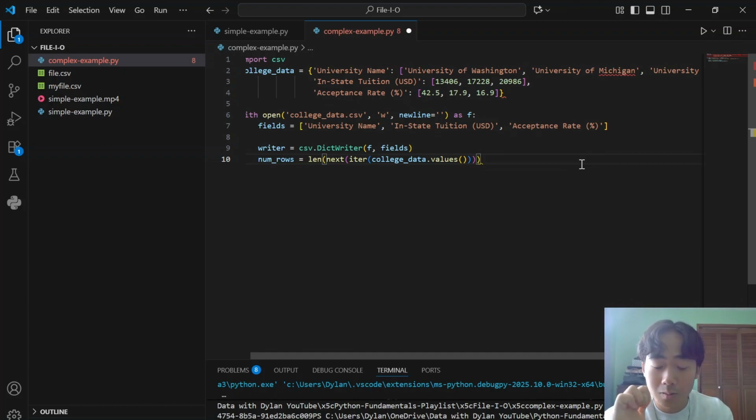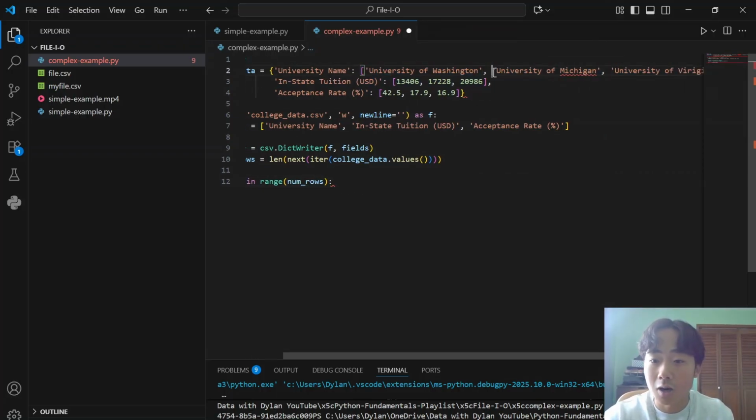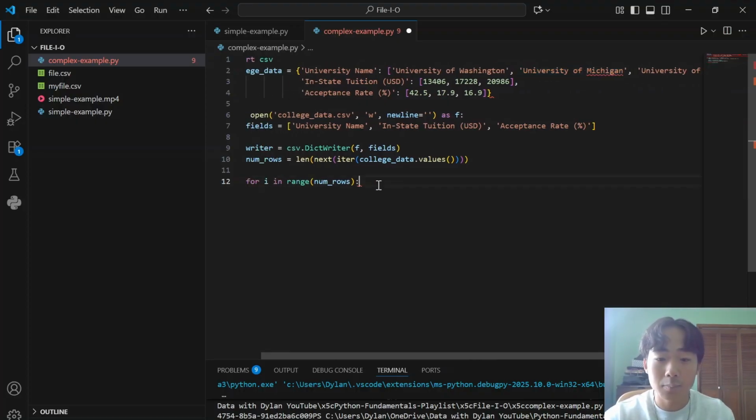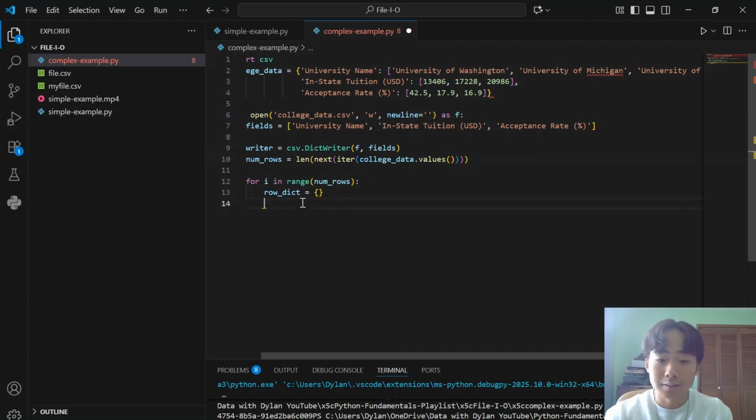Okay, now I'm going to create a for loop to add each individual row of data into the corresponding column headers. So to do that, I'm going to say for i in range(num_rows). And so this i is going to represent the position of the value in the list. And so I'm going to create an empty dictionary called row_dictionary, and this is going to store data for only